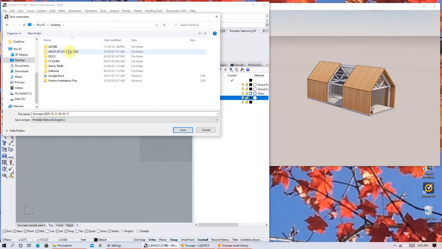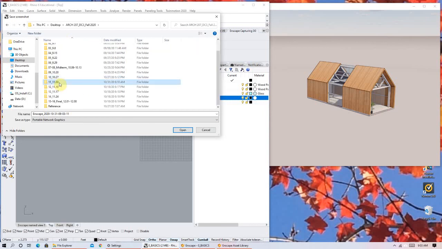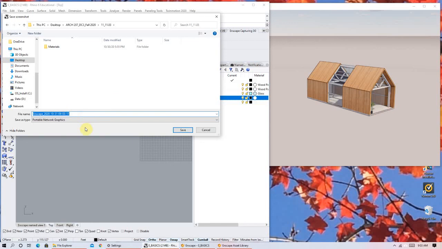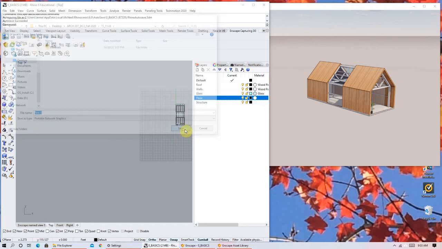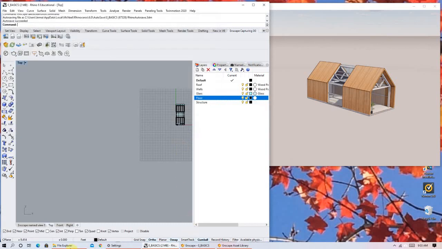And if I go to my Art 207 class, let's see, we'll go here, and we'll just say that this is test one. Okay. But we'll save this. Remember, I have that material ID saved, so I should be able to